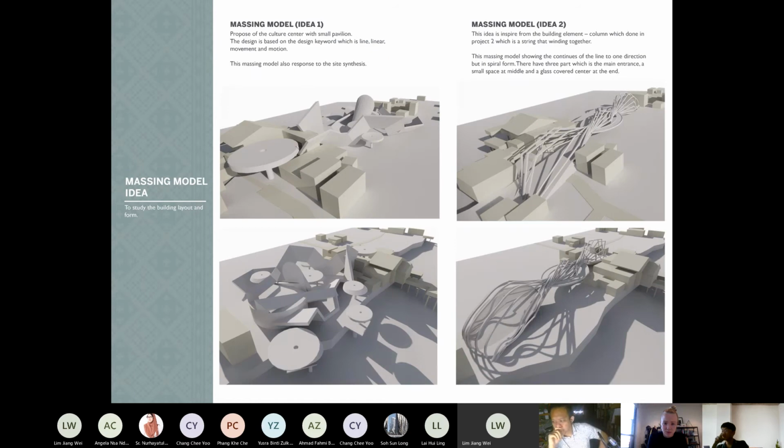So this is the massing model that I have studied. The first massing model shows the cultural center with small pavilions surrounding the building. The second model is inspired by the building element, the column: straight lines that twist together and meet at the center.